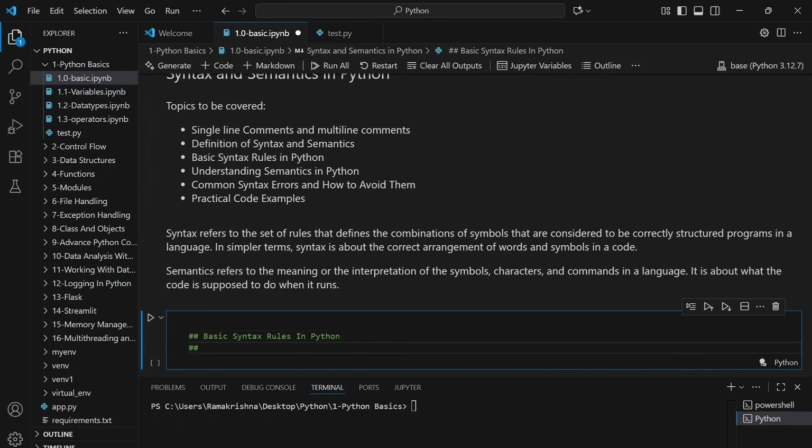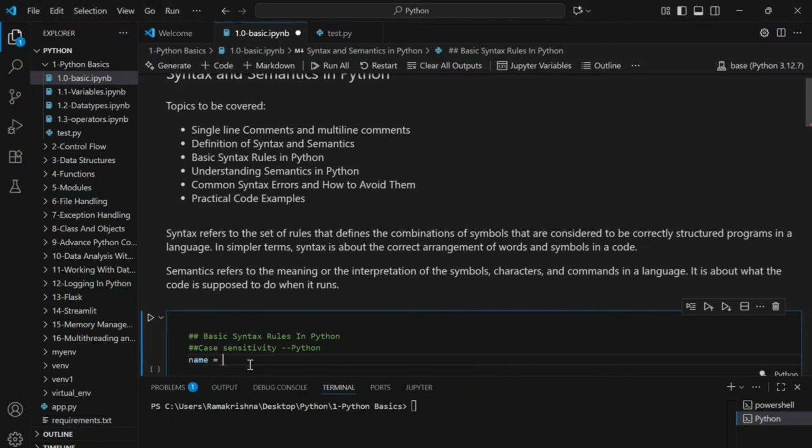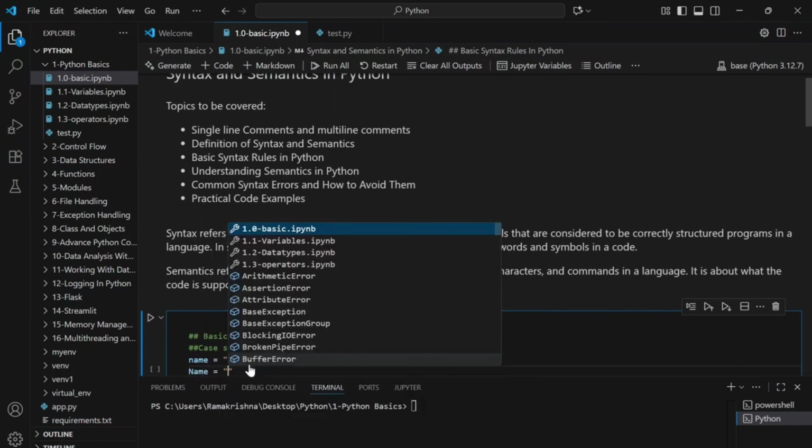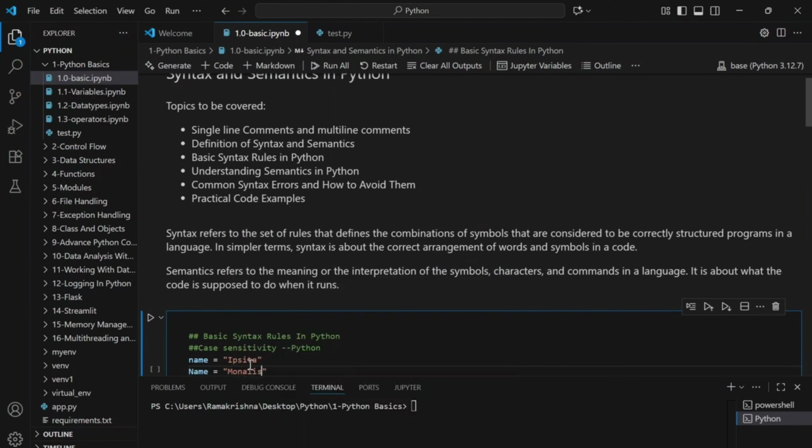So we are going to see case sensitivity in Python. Suppose I'm creating a variable and I'm assigning it as Chitra, and I'm creating another variable with N capital, and I'm assigning it a value, suppose Mona Lisa.